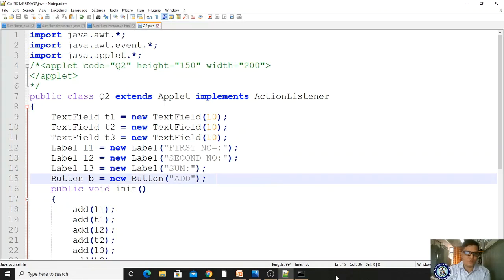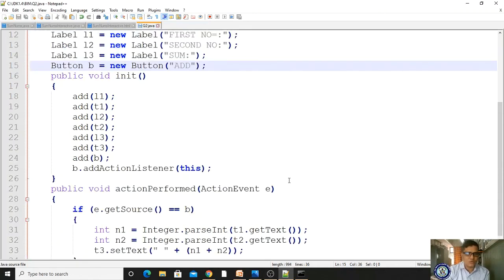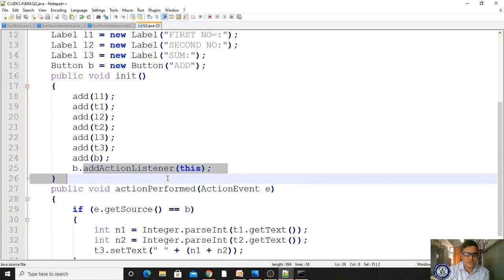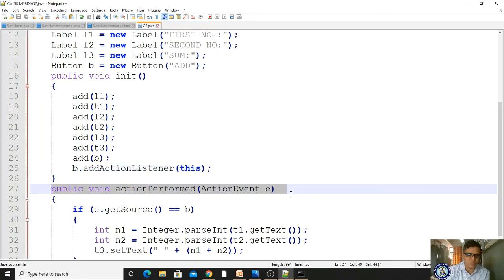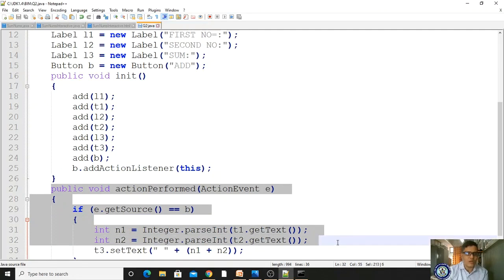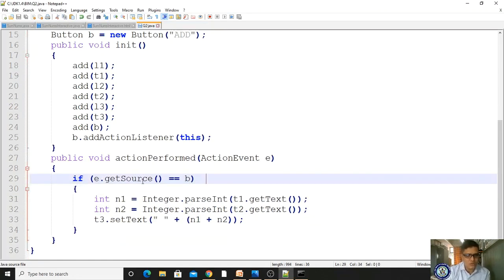Okay, hope you understand this concept. We will meet in another class. So what is the purpose of addActionListener? To register the events. To execute it, compulsorily which method do we have to use? The public void actionPerformed method has to be used. Here e.getSource accesses all the resources of this control.